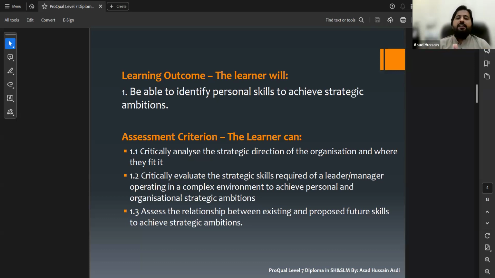And these special skills are strategic skills which can enhance his competence so that he can become a leader, a manager. So what type of evidence will be enough for this 1.2 assessment criteria? It will be like he has performed some